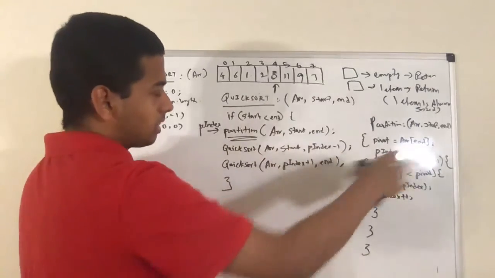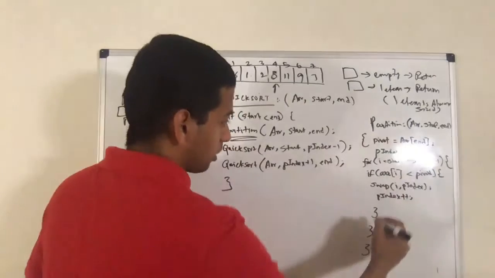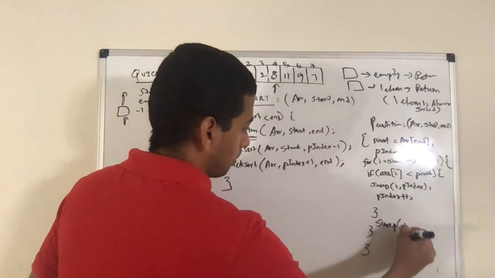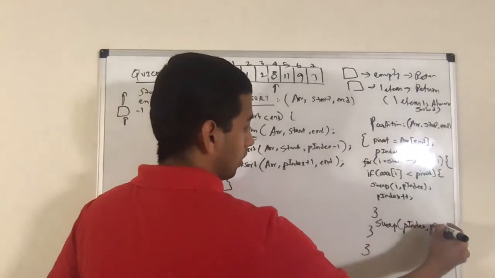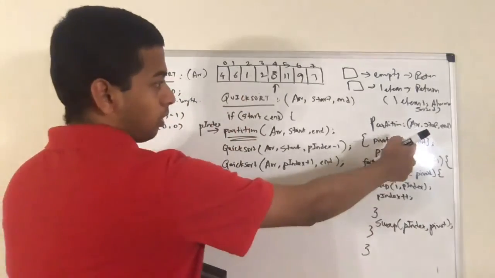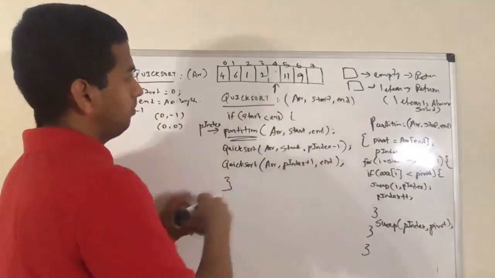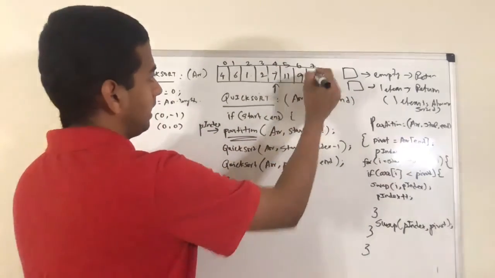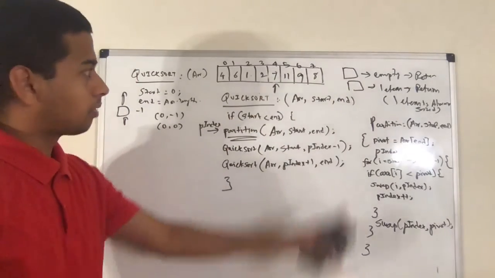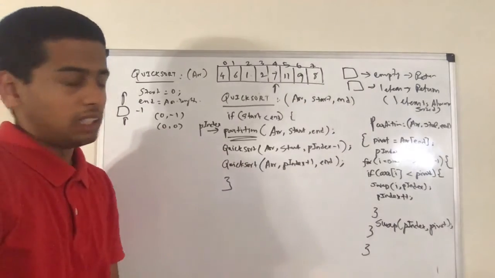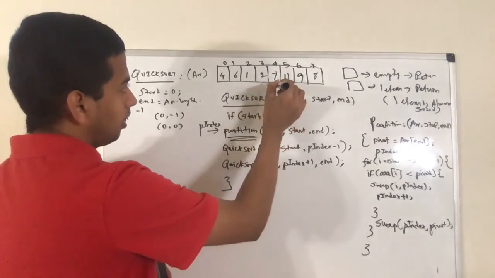Now my logic is completed. Finally, after finishing this logic, I should simply swap the partition index and pivot element. Pivot element is what? End element. End and partition index I will swap. So 7 is here, 8 is going to be here. I have simply swapped the partition element and the end index. So now 7 came here.